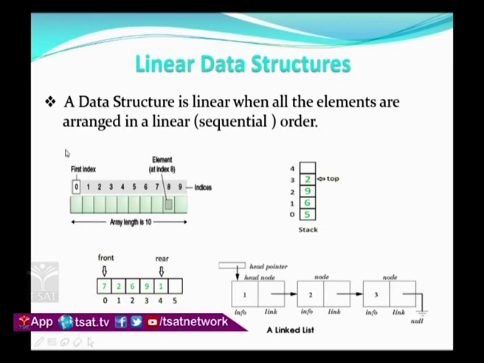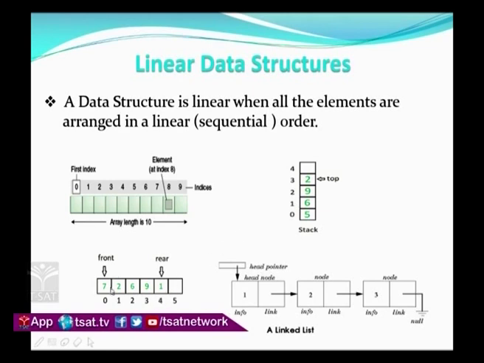So this is the linear fashion, or sequential order. We have to place data in a queue in linear fashion, which is why a queue comes under linear data structures. Another example is the stack. Here the elements are stored like this. In this case also, except for the first and last, each element has one predecessor and one successor. Okay, this is an array, this is a stack, and this is a queue.